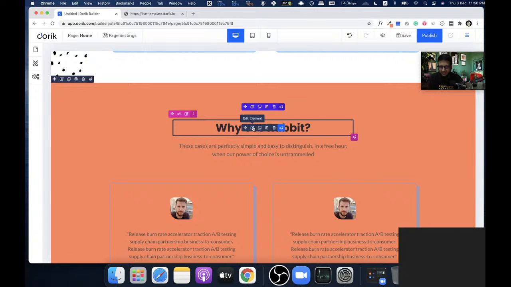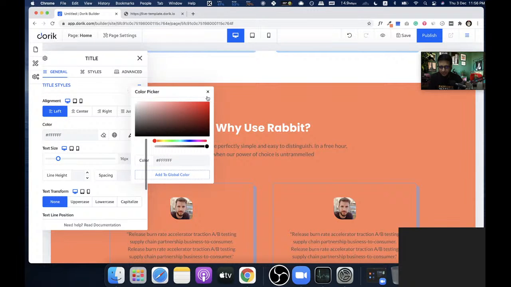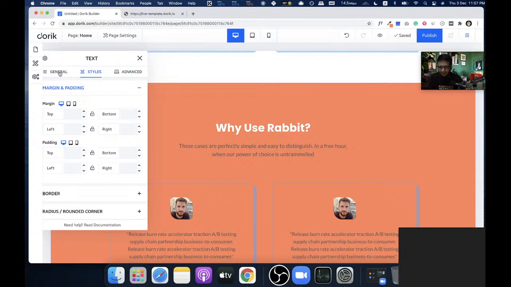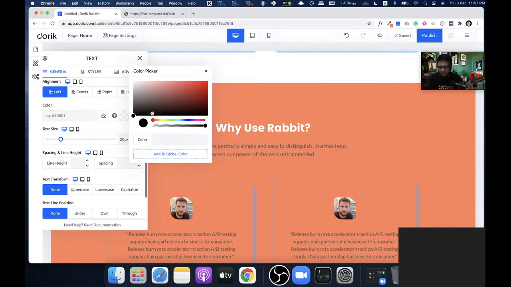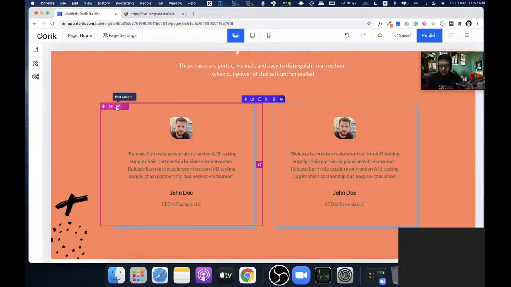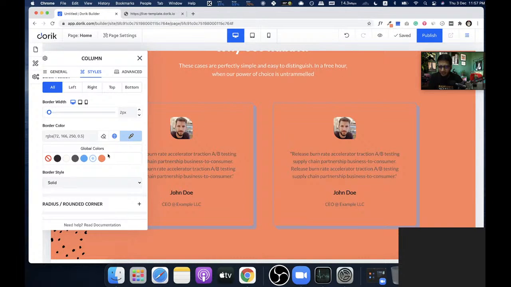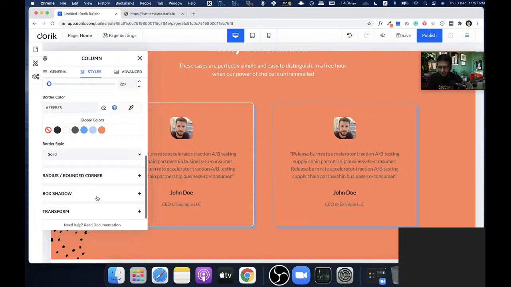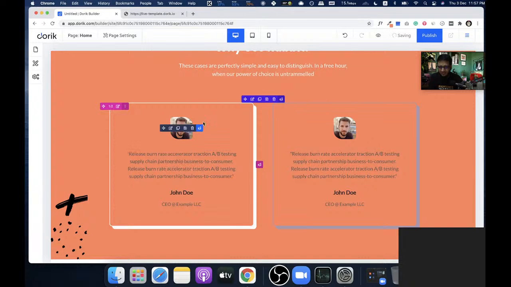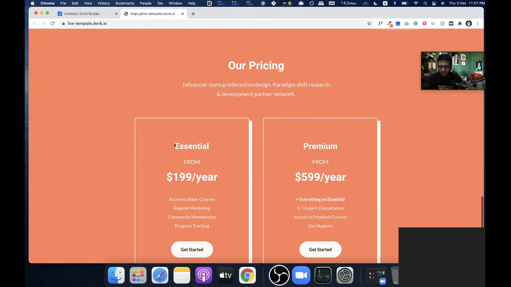Okay, and all this element is gonna have white color. Style, sorry, text color white, and this border color needs to be changed. So styles, border color, I'm gonna give it to this color. Also box shadow color needs to be changed to this, and text, I'll just remove this and this. So we can just have this text.